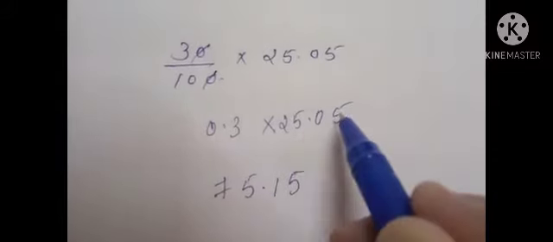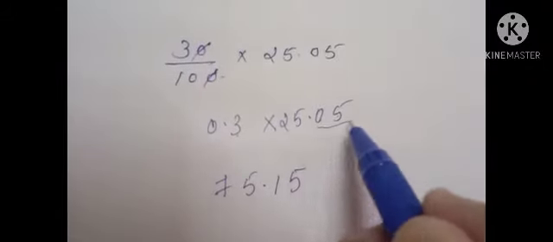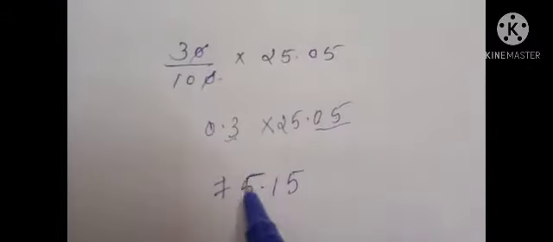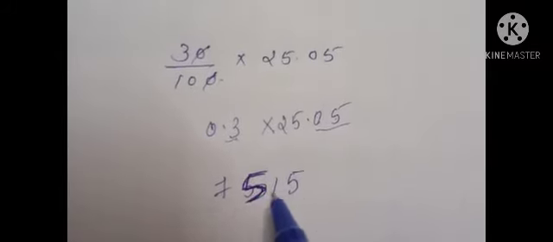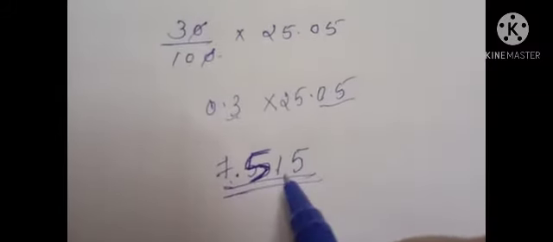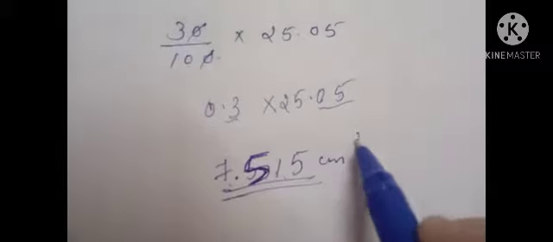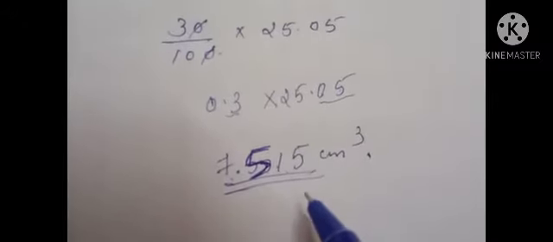75.15. That means here there are 3 decimal digits together, so here also we put the decimal after 3 digits from the last. So 7.515, after 515 we put the decimal. So 7.515 centimeter cube. This is the volume of sugar syrup in one